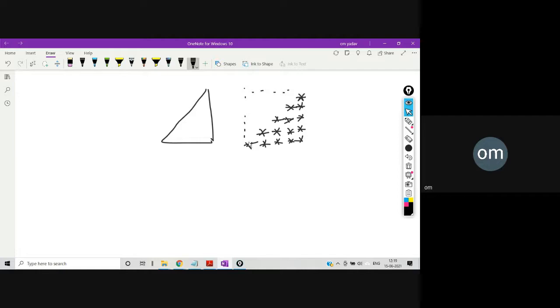If you see here, there is no space in the last line, but in the second last line we have one space, then here we have two, then we have three, and then in the first row we have four spaces. So this triangle we have to print, and the second one also.